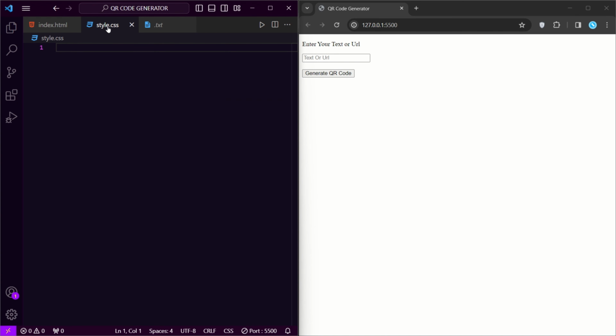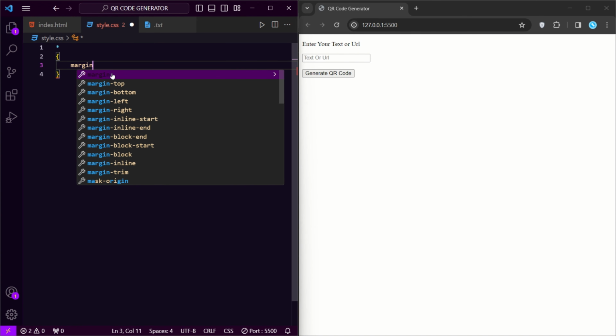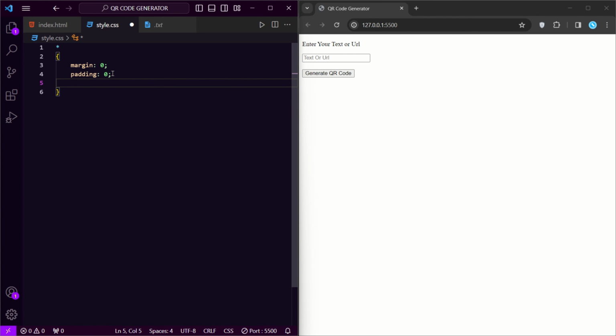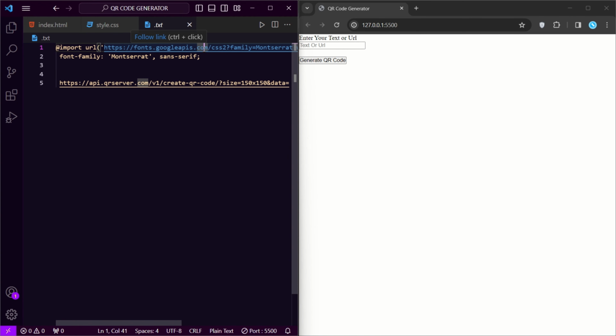Let's go to the CSS file. To the web we have to give margin 0, padding 0, box sizing border box. I have taken a font from Google Fonts.